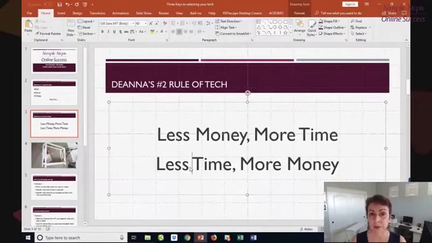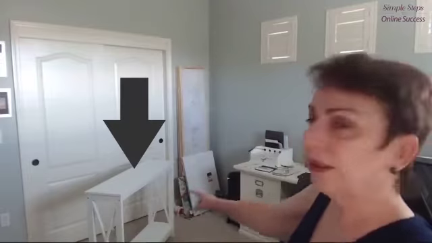I want you to see this piece of furniture right here. Now, I bought this. In fact, let's show you. It's actually a very nice piece of furniture. It's a console table. Let me tell you the story of the console table and how it relates to your technology. I bought this console table through Amazon. Sometimes when you're buying furniture, you're not investing a lot of money. So let's be honest, I could have gone to a furniture store. I could have gone someplace and purchased a console table. I chose to buy this on Amazon.